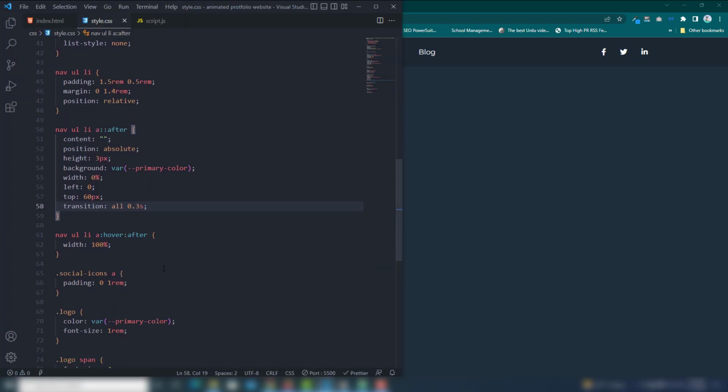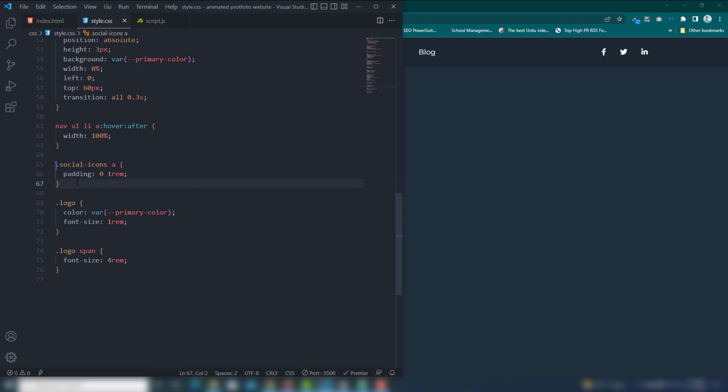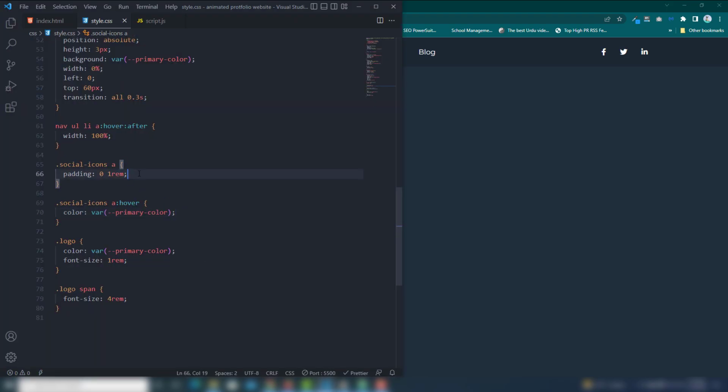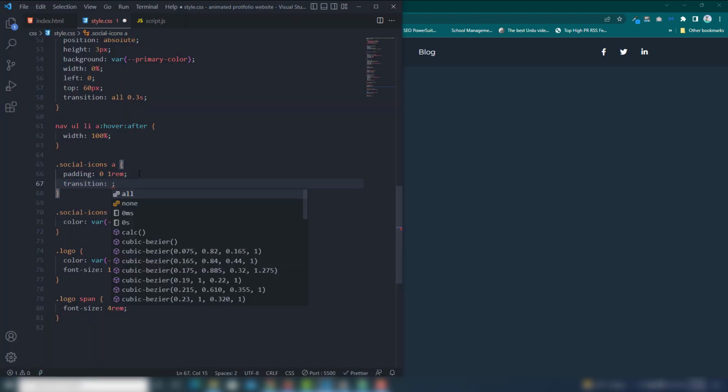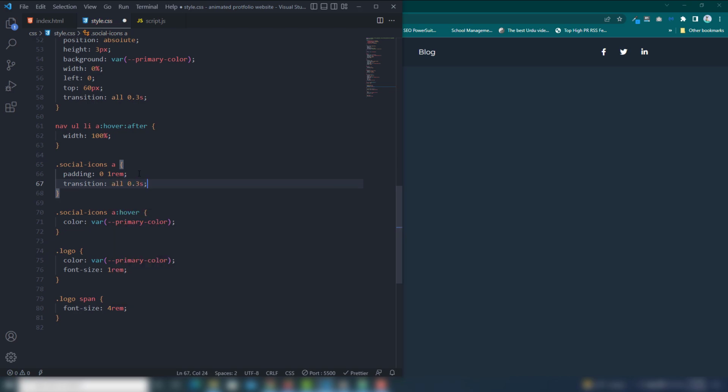And also you need to use the hover effect on there. So copy it, paste, and call the hover, and I'm gonna use the color will be primary, this one. So right, perfect. Also you can use the transition, you can do the all 0.3s. Perfect. So this is a very simple way to assign the hover effect as an underline.